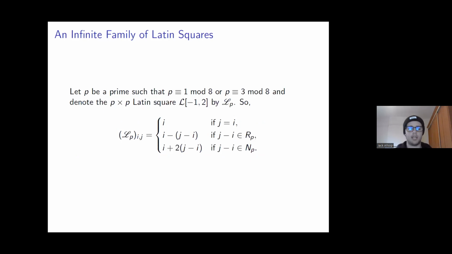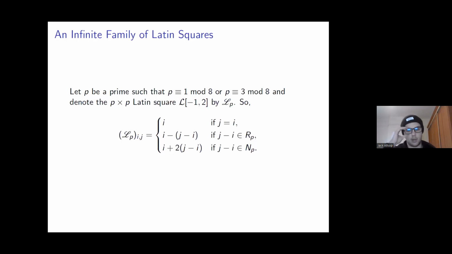So let P be a prime, which is 1 or 3 mod 8, and denote the P by P Latin square L minus 1, 2 by LP. And P being 1 or 3 mod 8, these are just the conditions so that this is a well-defined Latin square. Then explicitly LP is given by the formula on the slides. And Wanless conjectured that these Latin squares have nu equal 4,